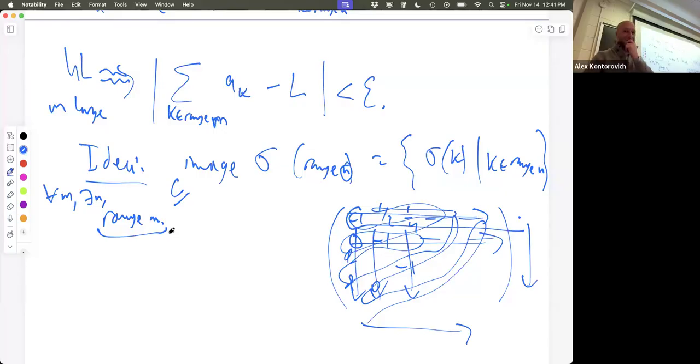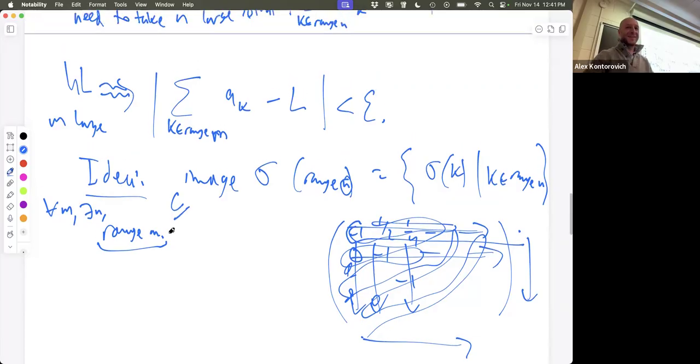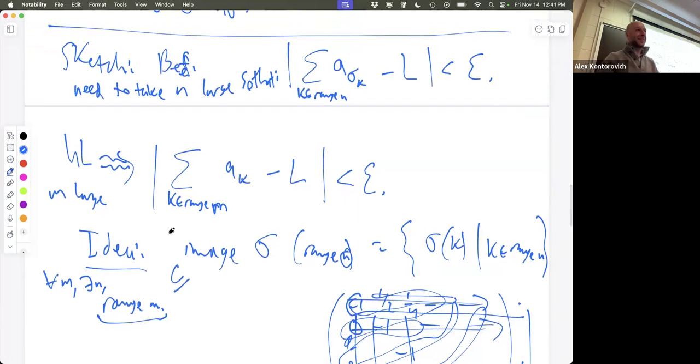Sean? Range of M subset, the image, and not the... like, when you have an M that you take from HL, wouldn't you want, in the original statement, for that subset or that image to cover at most everything that's in M, so that way you can bound the first thing by the second thing? So that's the question. What's the difference between this and this?